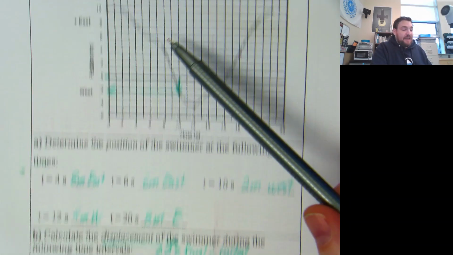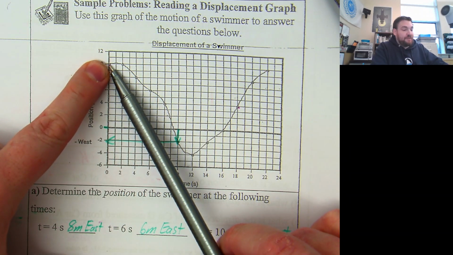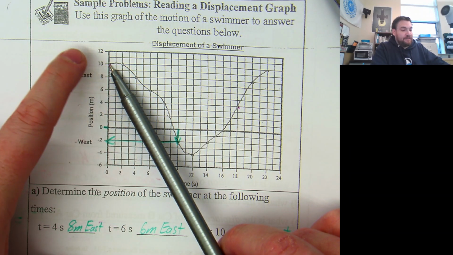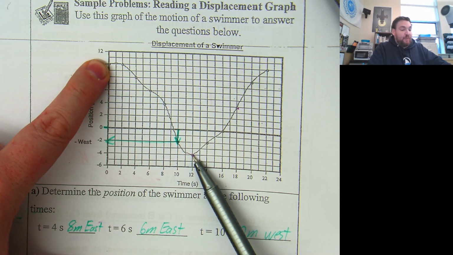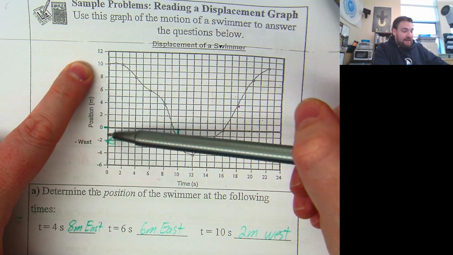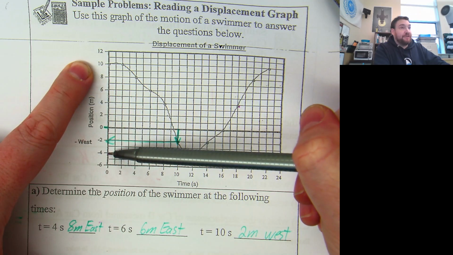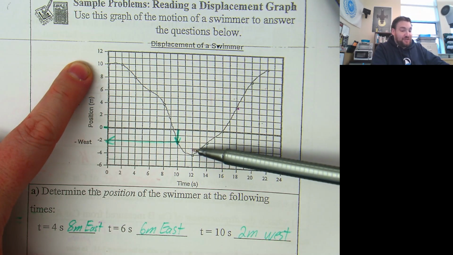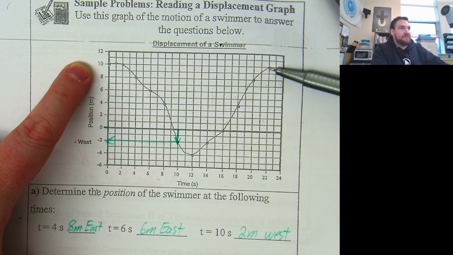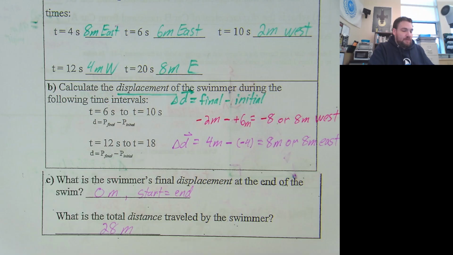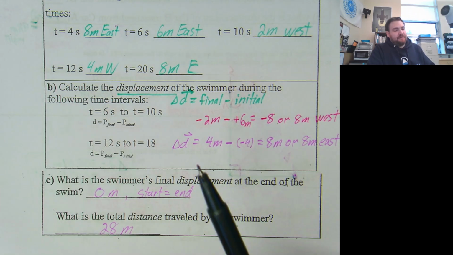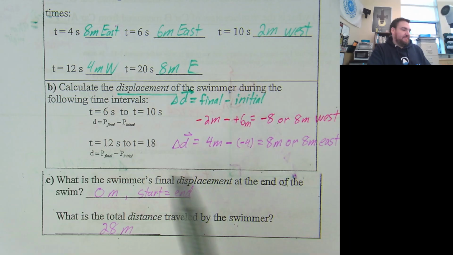Let's go back and look at the graph. They started at 10 meters east. They ended at 4 meters west. So this is going to be 10, 11, 12, 13, 14 meters out. And then they turn around and went back 14 meters. 14 meters plus 14 meters, 28 meters. Thank you, Colden. Distances only add, displacements do not. Cool, flip the page. Let's make it more interesting.